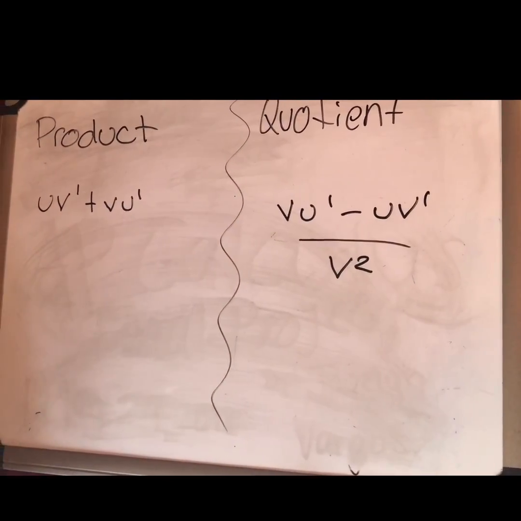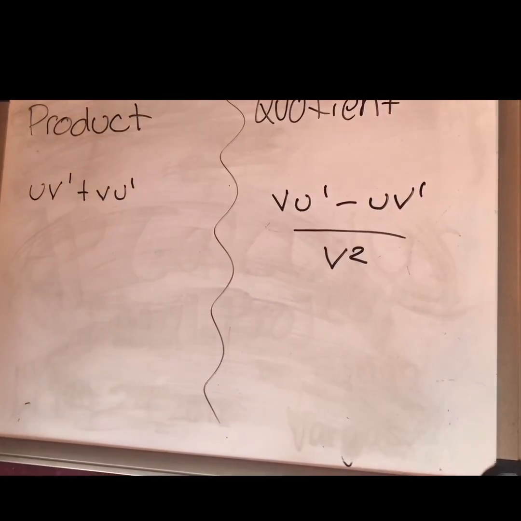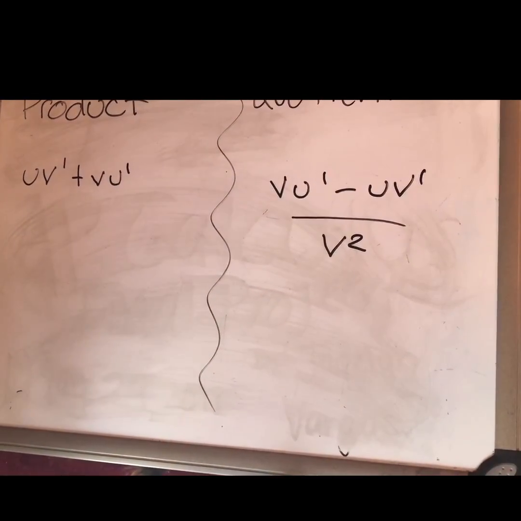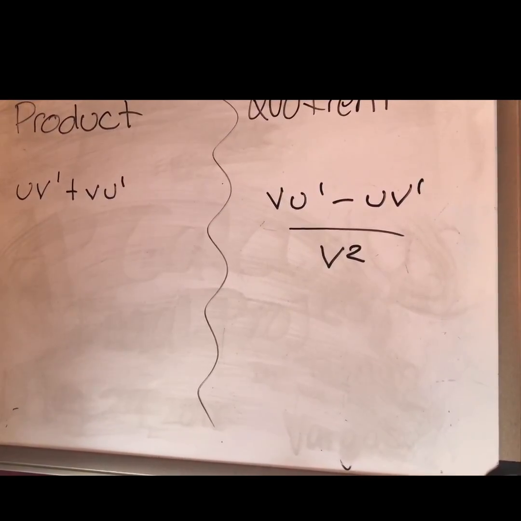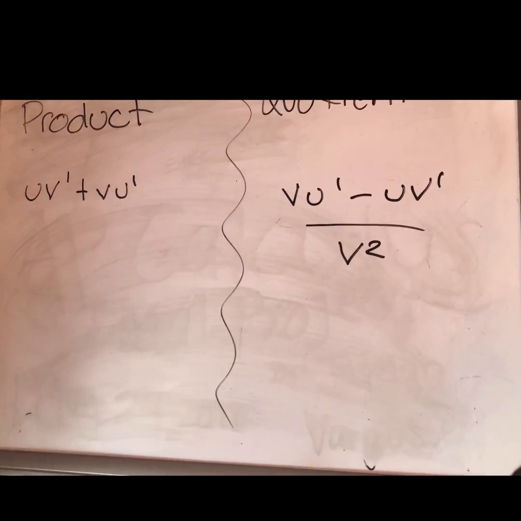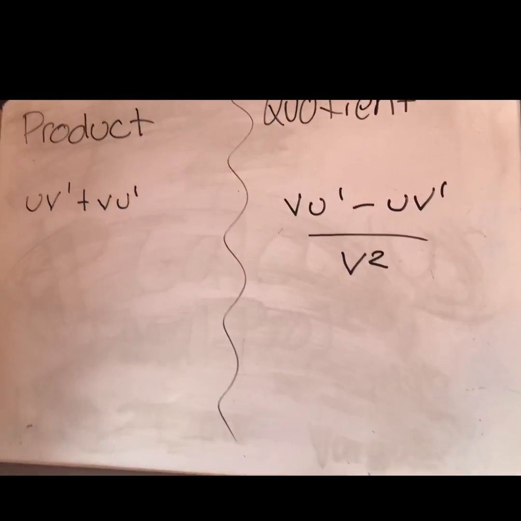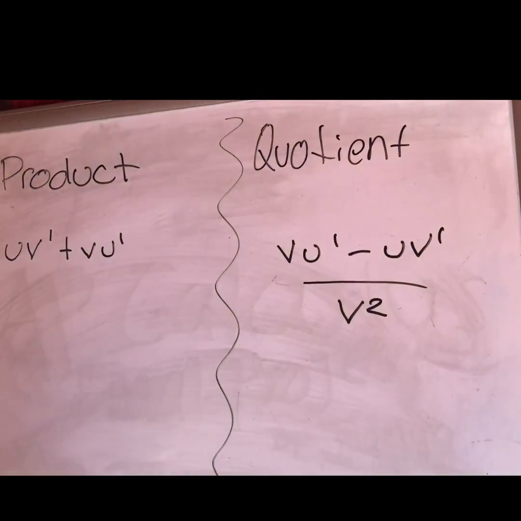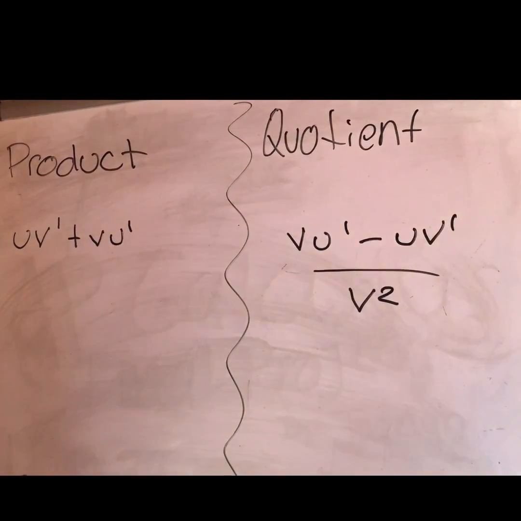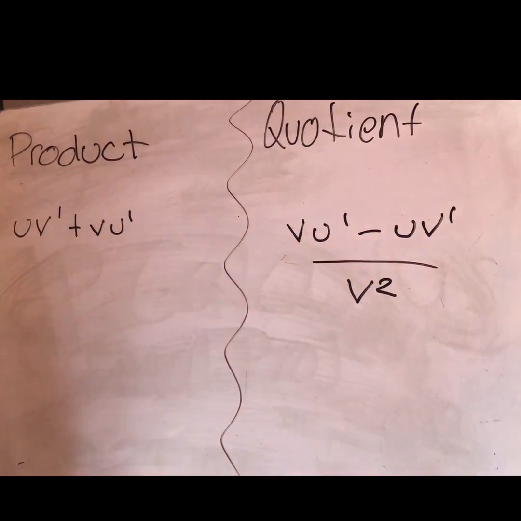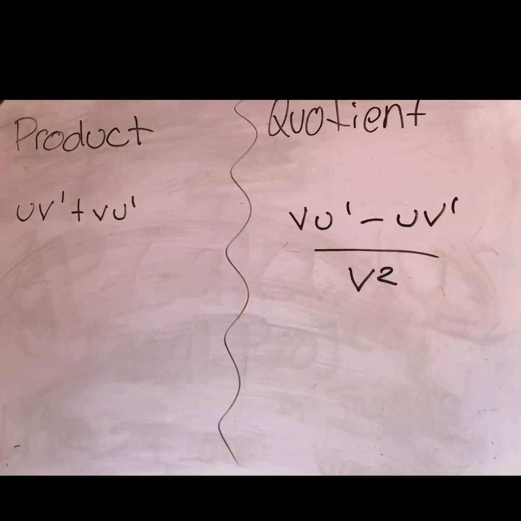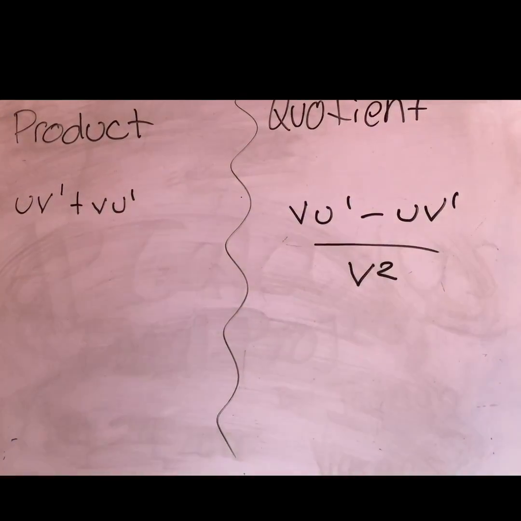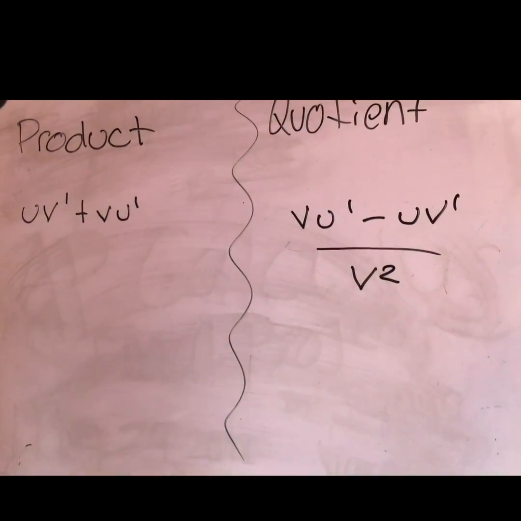So the product rule: the product of two differentiable functions f and g is itself differentiable. The derivative of fg is the first function times the derivative of the second plus the second times the derivative of the first. The quotient rule: the quotient f over g of two differentiable functions is differentiable at all values of x for which g of x cannot equal 0. The derivative is given by the denominator times the derivative of the numerator minus the numerator times the derivative of the denominator,